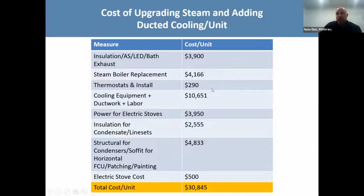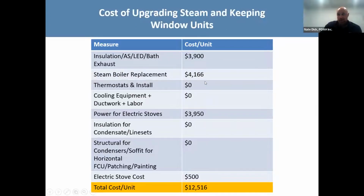So I assumed, I don't have a firm price on this, but I assumed it was about $75,000, maybe more. Alex might be able to tell us. But the incremental cost in this case is only $7 grand now to go to the air source heat pump. Now, if we weren't adding the cooling, the ducted cooling, the first cost or the incremental cost is obviously a